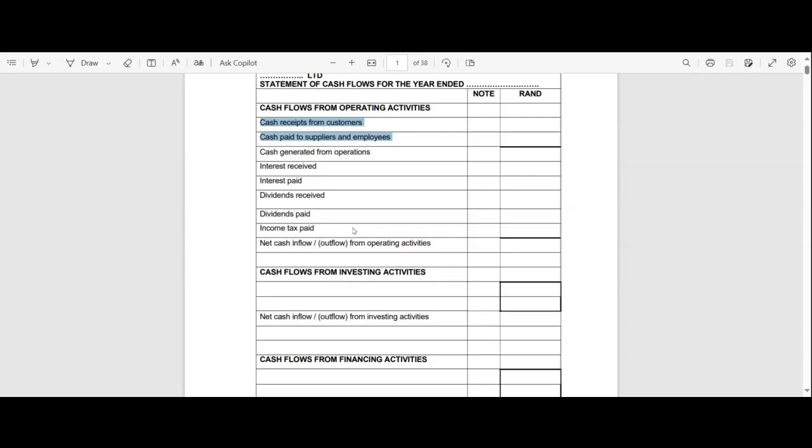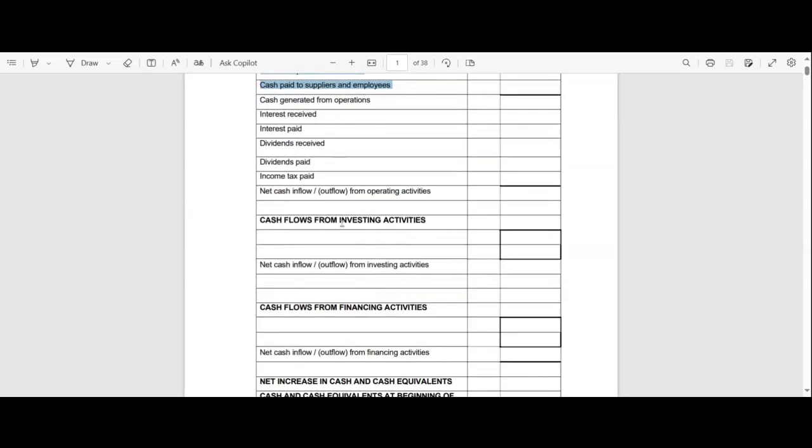We'll talk a lot about that next time. We are going to take out not the cash flows, but the income and expenses that relate not to operations, but to other operating activities. And we are going to take out any income and expenses that relate to investing activities. We're going to take it out of our profit before tax. The same, possibly, we'll talk about this next time, the same if there are any income or expense items that relate to financing activities.